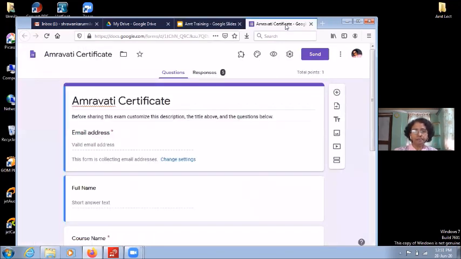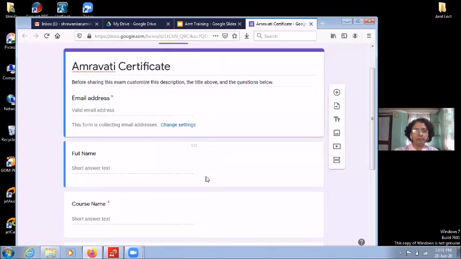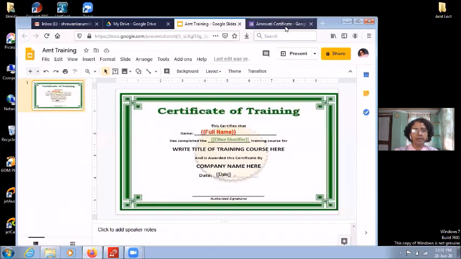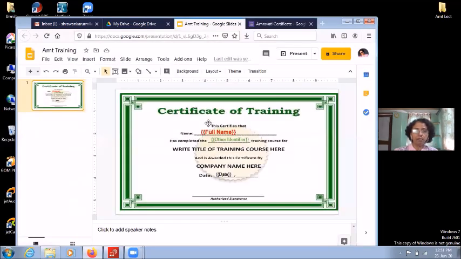Now my form is ready, from where I'm taking the questions and answers from the candidate. Now my template is ready. I'm linking the questions and answers with that form using the full name, and these are the variable names. I have colored them, and other options are there.